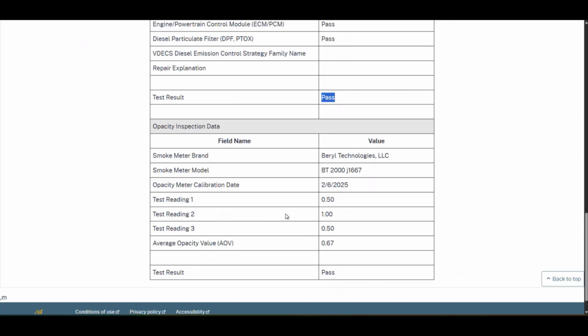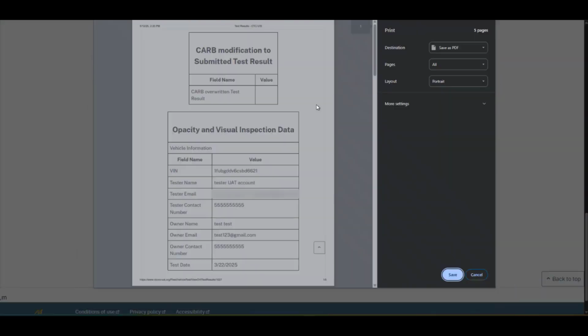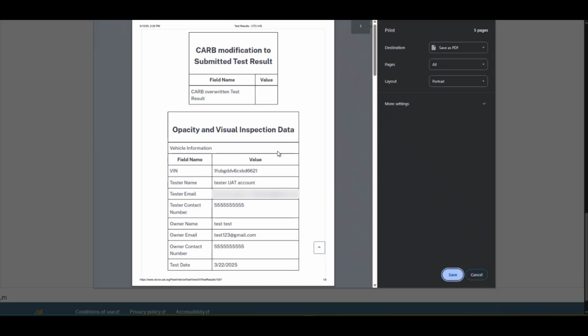To print this, you're going to right click with your mouse, scroll up to print and click on print. This will give you a print preview. And if you have a printer connected, you can choose it from this section here, or you can save it as a PDF to your computer and email the file wherever you, or save it wherever you may need to